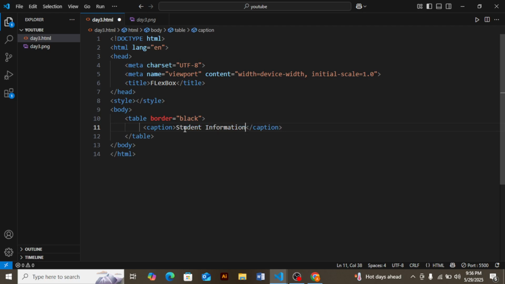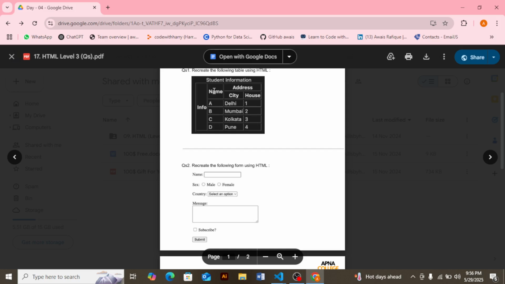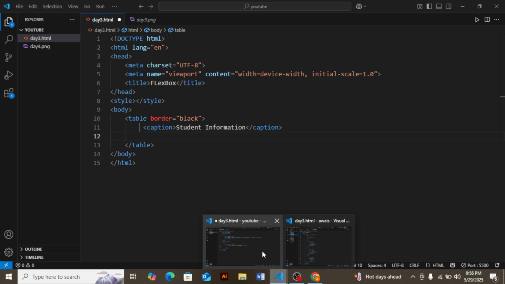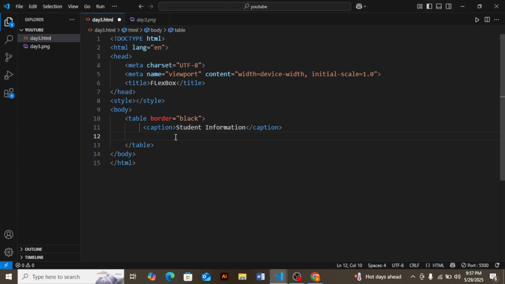Now first is our table head, and there are three headings. The first is info, name, and address. Table head, then three table data.